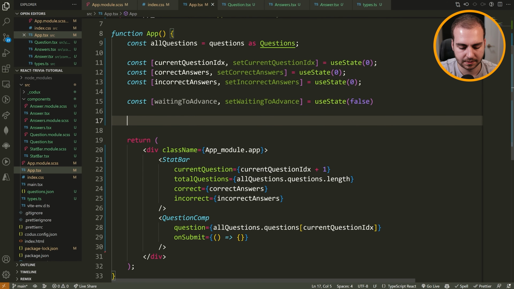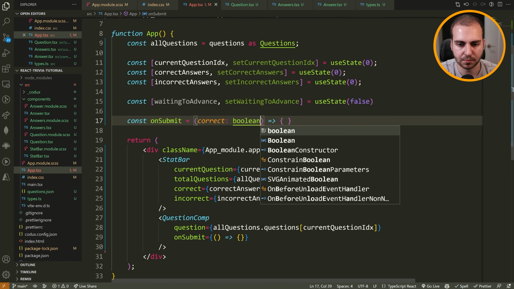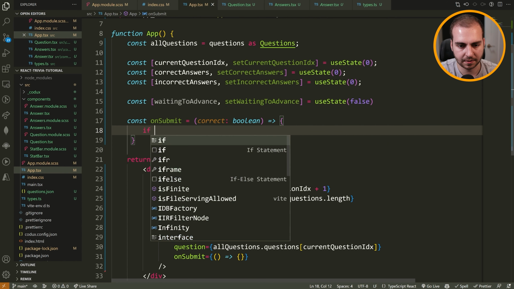And this is going to be false. Now I'm going to have a const onSubmit. This is going to be equal to a function, and this is going to say correct, and this is going to be a Boolean. Now what we're going to do here is we're going to say if